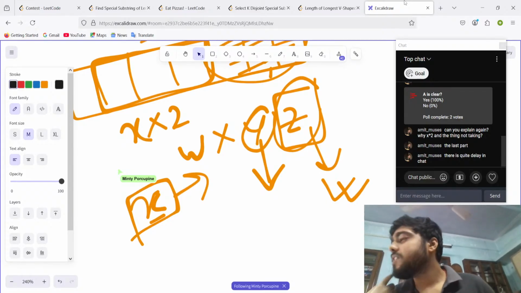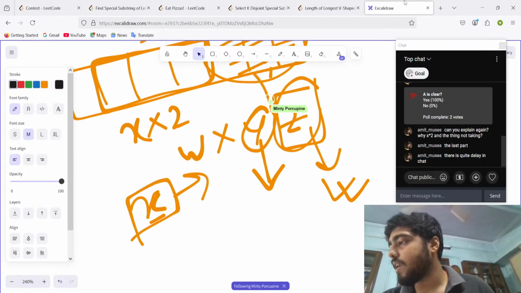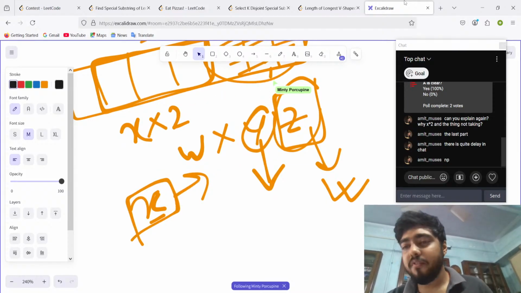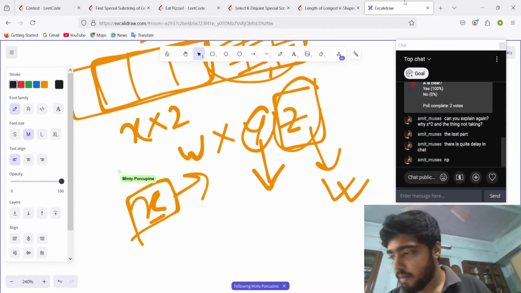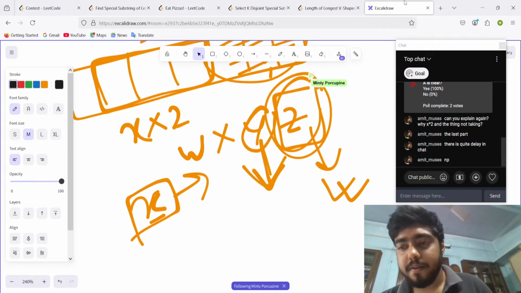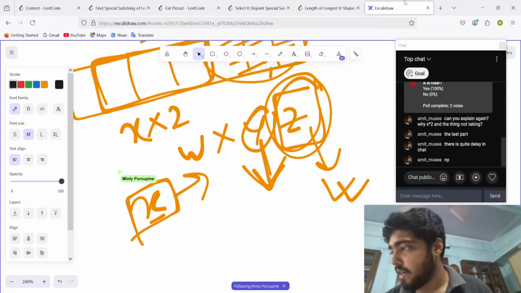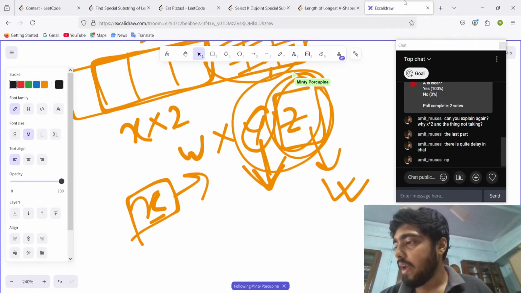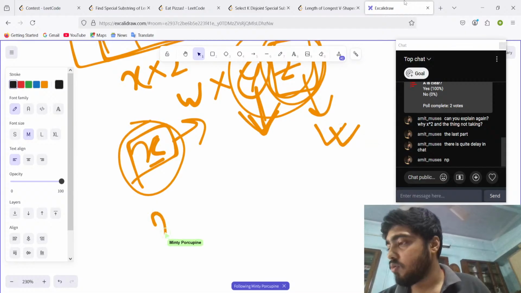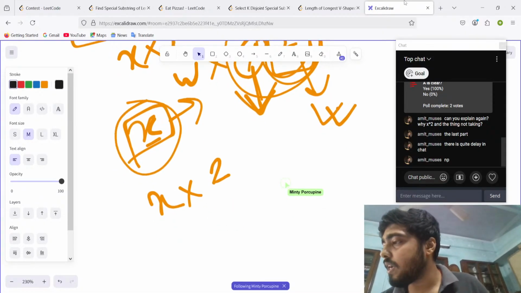Okay, so this Z thing. If we were considering the largest element, in that case we didn't need to check what W, X, Y is. We can take any value of W, X, Y from the beginning. But if we are going to consider the Y, it means that there is a Z. So in this case, how many elements are we considering? There are two elements that we are considering, right? That means for X, how many elements will we be considering? X into 2. And since we want to maximize it, we have to consider the last X into 2